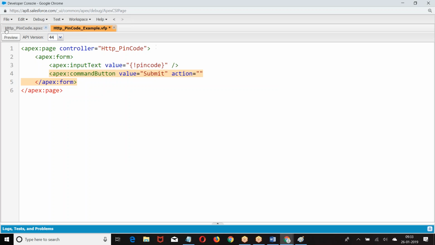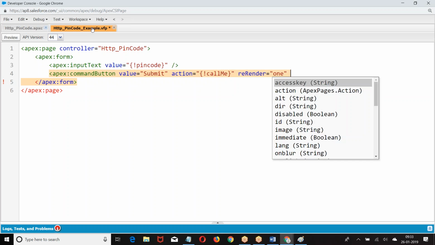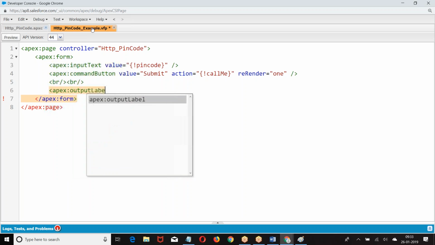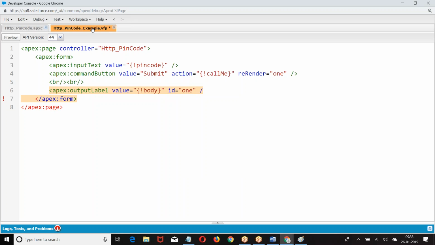Action equal to, what is the method I gave? Then id equal to. This is how I created.